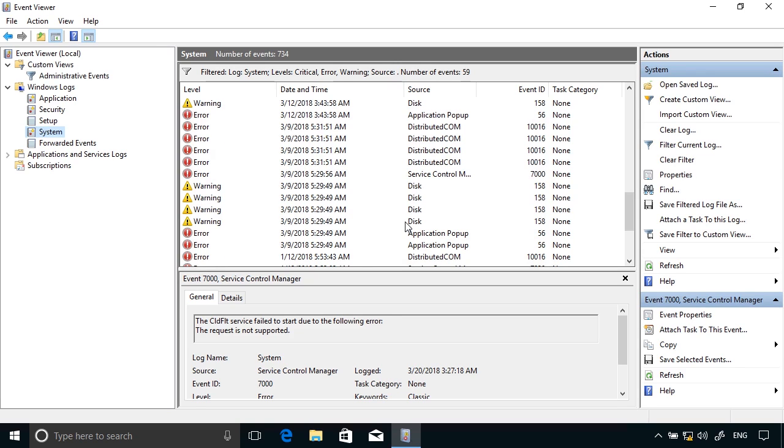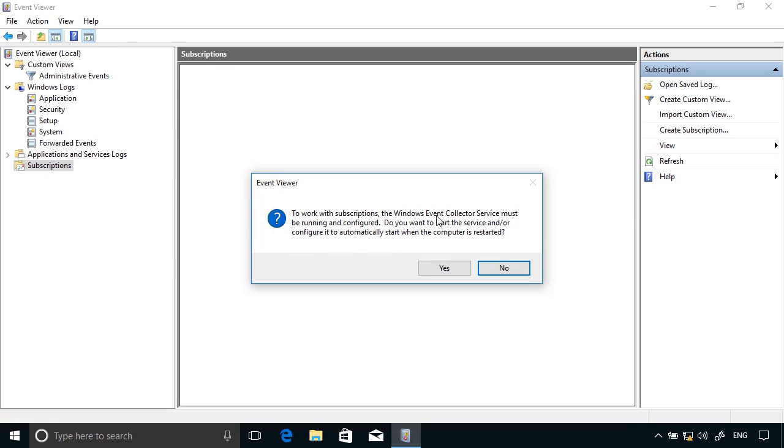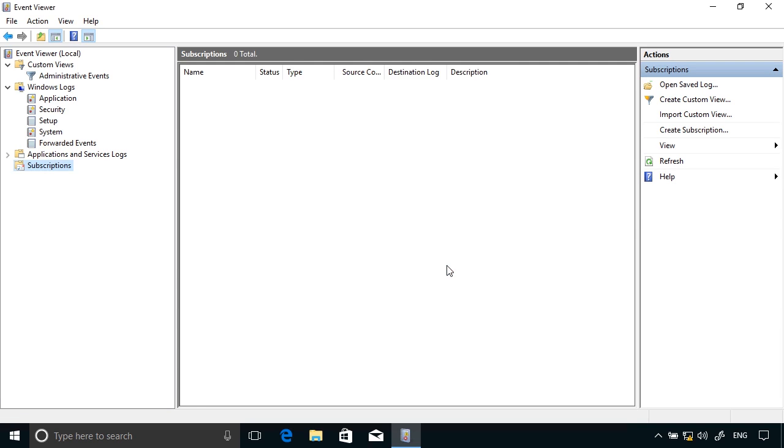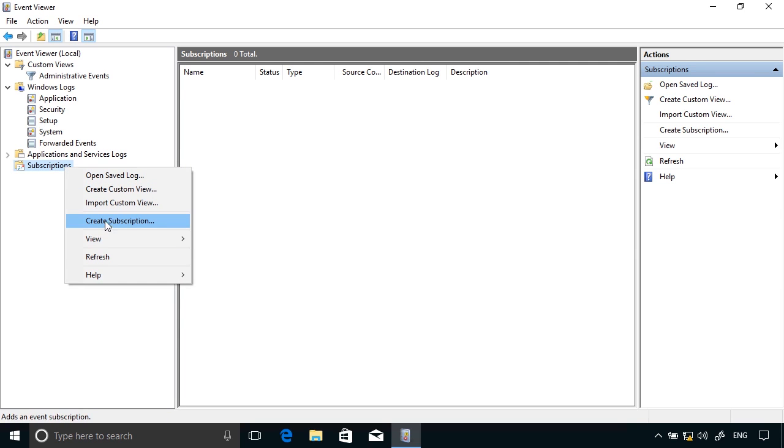So whenever you experience a problem in Windows 10, it's always worth checking the appropriate logs in Event Viewer. Windows is very good at logging problems, and it should be your first port of call if you're experiencing an issue. If you want to gather statistics from several other computers, you can create a subscription. You do that by clicking Subscriptions here, and then you need to start up the Windows Event Collector service. You can do that from the command prompt as I explained in the slide session. I click Yes to this, and then again at the remote computer end you'd have to do the same thing. Thereafter you can create a subscription,